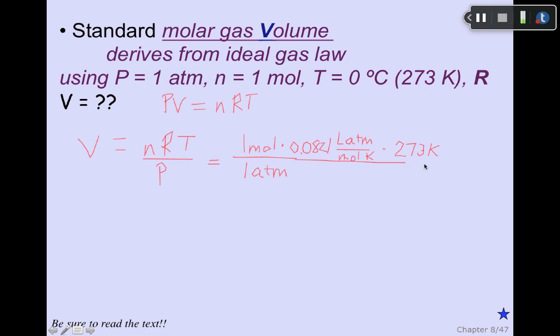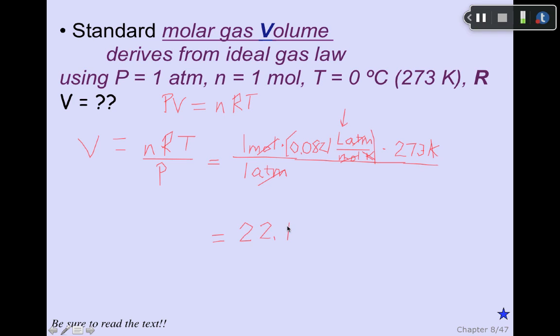If you put all that into your calculator, and as you do, make sure you check your units. It's always wise. Atmospheres on the bottom cancels with atmosphere on top. Moles here cancels with moles in the gas constant, realizing that whole big thing here in the middle is the R value. And Kelvin will also cancel with the Kelvin value here, leaving you simply only a volume unit. And the answer is